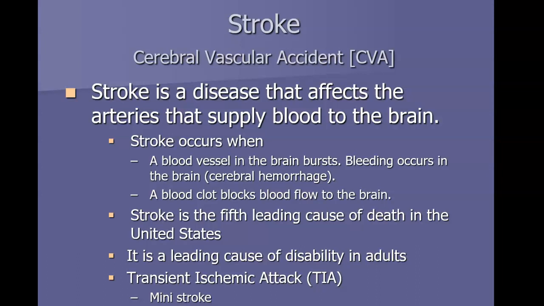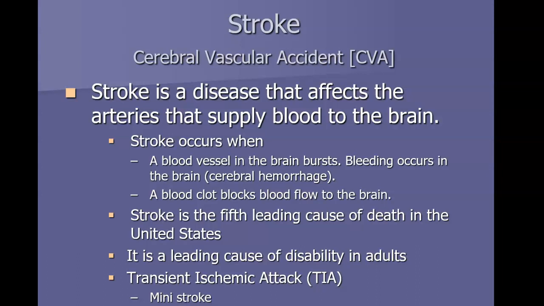So the majority of our strokes actually occur from atherosclerosis, that buildup of fat and cholesterol in the arteries. That can happen in arteries throughout your body, including the arteries to your brain. And then over a period of time, they start to narrow and the blood can't get through them as well. And then the blood can actually form a clot right there and block blood flow to part of the brain. So when a person has an embolic stroke, which is the most common type of stroke to have, it's usually caused by a combination of that atherosclerosis and a blood clot that forms there and keeps part of the brain from getting blood and oxygen.